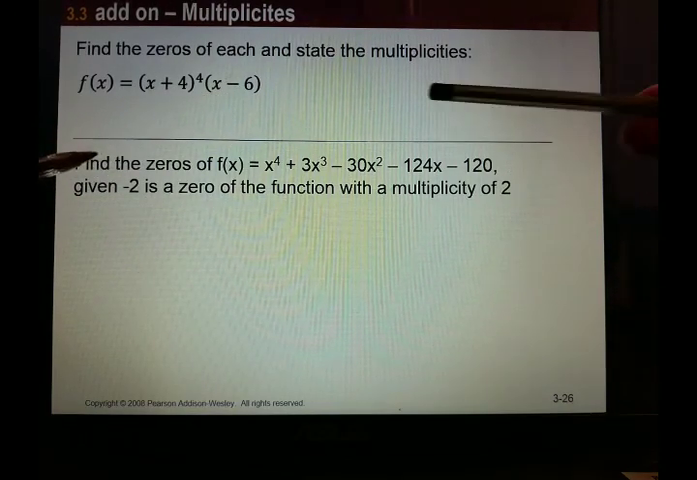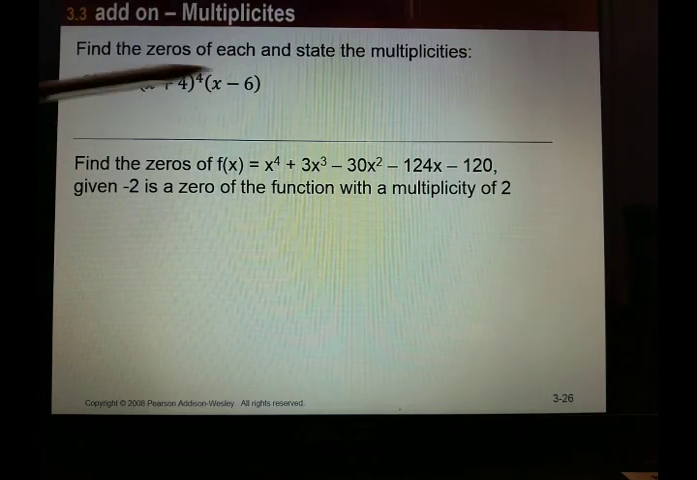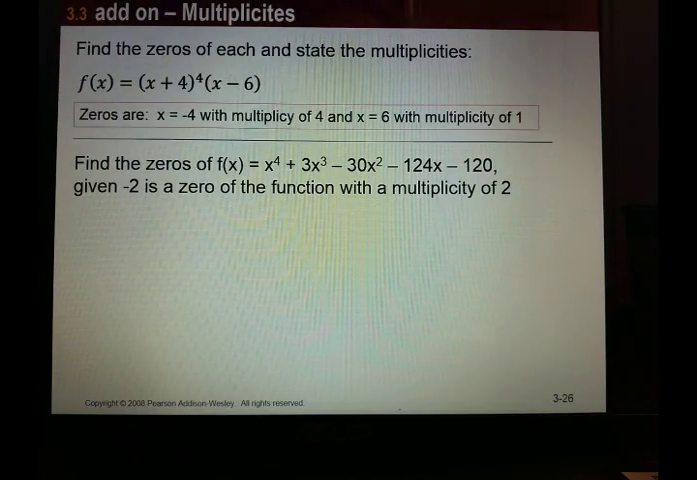Now, the multiplicity is referring to how many times was it a factor of it? How many times does it count as a 0 of it? See, for example here, this x plus 4, that's raised to the 4th power. So the 0 will be x equals -4, but with the multiplicity of 4. Okay, we count that root as 4 of them. This one would be x equals 6, but only to the 1st power, so therefore just x equals 6 with